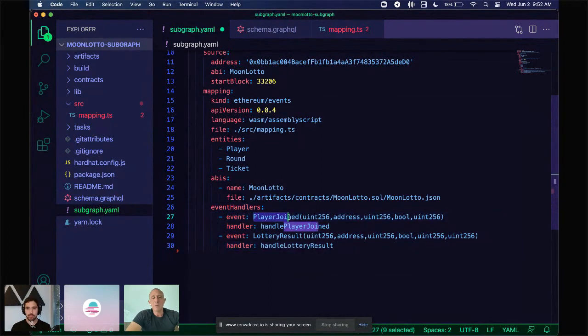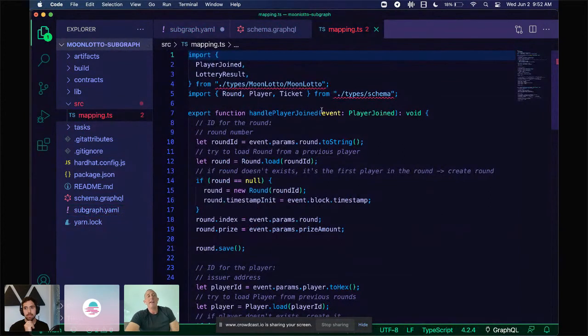So we're basically saying, okay, when this player joined event is called, we're going to be getting these arguments, and we want to map all of that data into this function here called handle player joined. And then the same with lottery result, we want to say handle lottery result. Now, all we need to do is say, okay, where are these functions defined? And those functions are defined in this mapping template. So we have src/mapping, so we can go there. And here is where all the logic is going to be for our